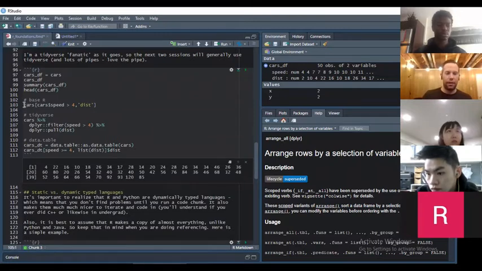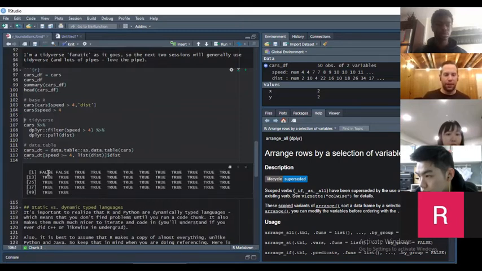I can do that in base R doing this. So cars is a data frame, okay? And this data frame has rows or observations and columns. So I'm going to say I want to take every row where the cars$speed is above 4. So that's saying, okay, take this cars data frame, access, that's what the $ is, this column called speed, and make it over 4. So if I copy this out,